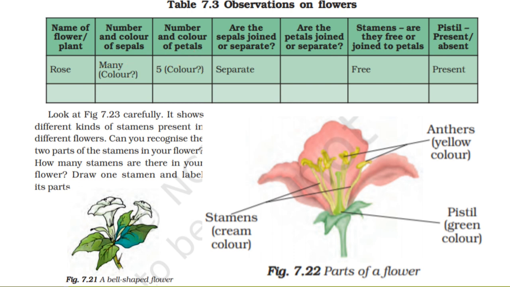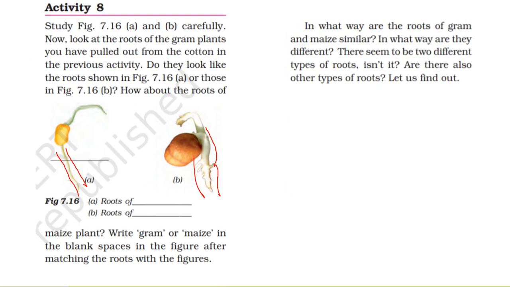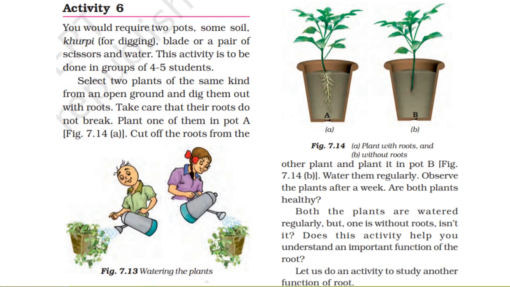Okay, so let me revise the chapter today. Yes, we have studied about roots. The main function of root is to transport water and minerals after absorbing them from the soil to every part. The second function of root is to hold the plant firmly. It works as an anchor. Then the third function that I want to share is that some roots are modified to store food in them. For example, radish, carrot, turnip, etc.